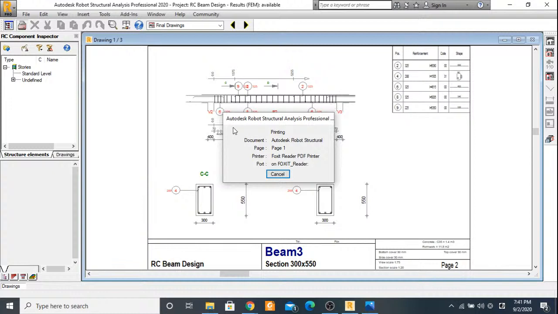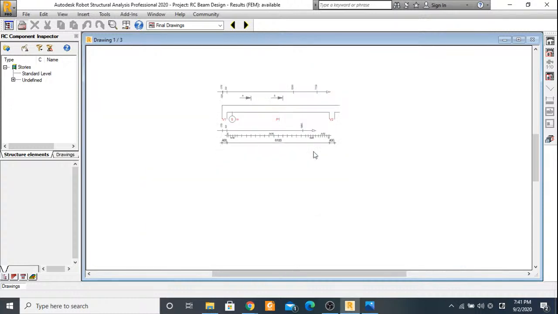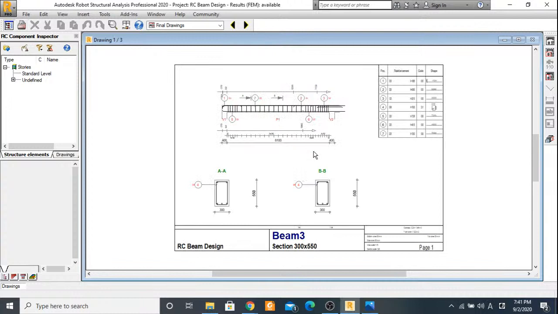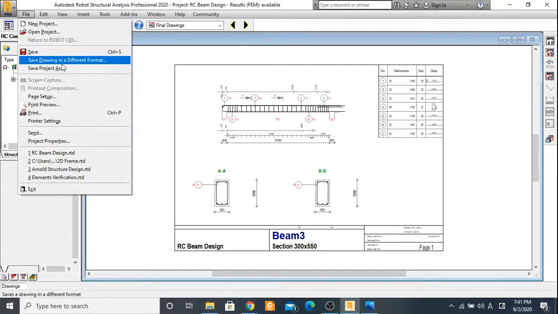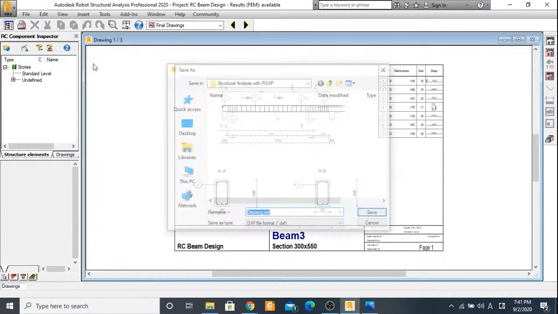All right. So there is more we could do, and that we'll see maybe in upcoming training sessions, like being able to manually modify the reinforcement of the beam and then checking if your new modification can actually work. All right, that's also another possibility you can have in Robot. So if I have to save this as a drawing, I just need to come here and then you save in a different drawing format. All right. So if